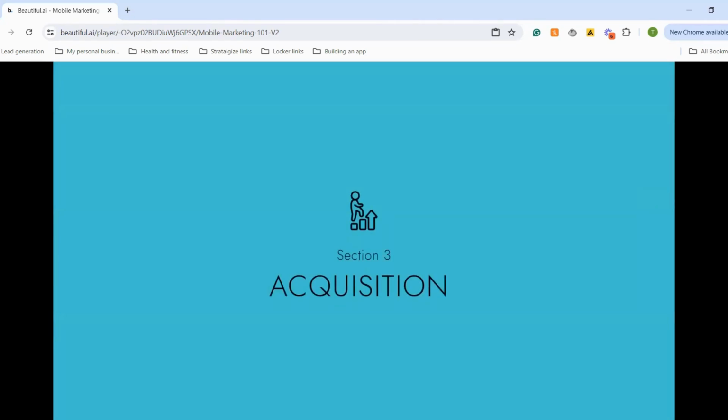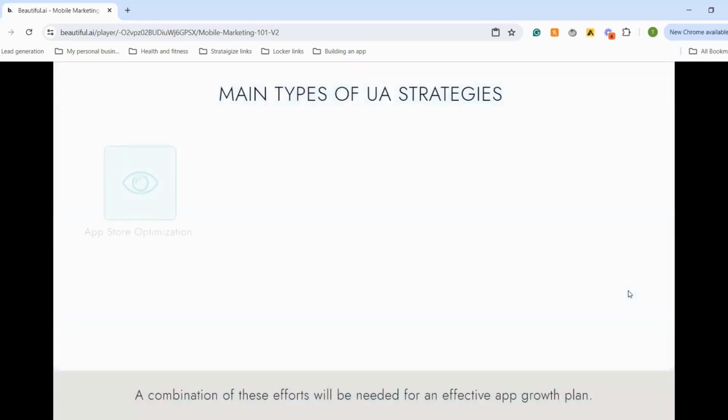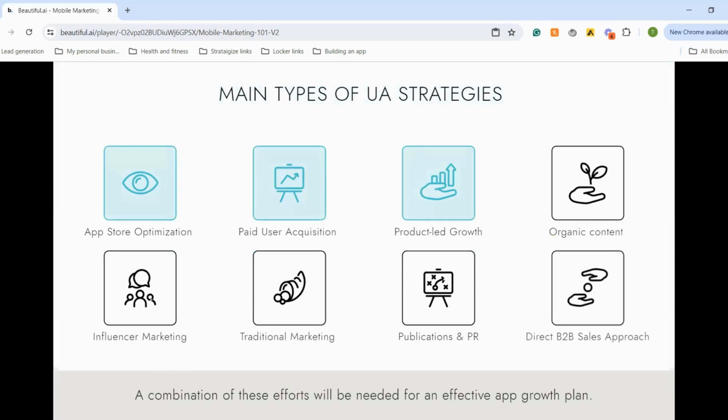So now that we've optimized the product itself, now it's time to start scaling up acquisition, start getting more users downloaded. So what strategy should we implement? There's a number of different strategies that you can implement to get users on your app. You can do App Store optimization, optimizing your App Store page, paid user acquisition across different social channels, product-led growth,